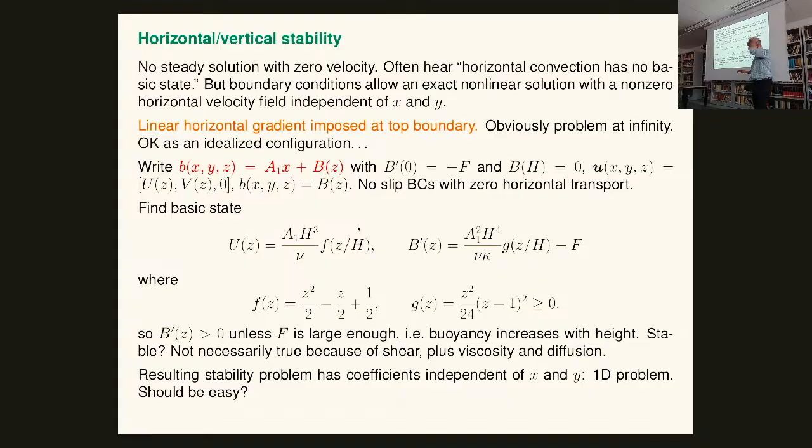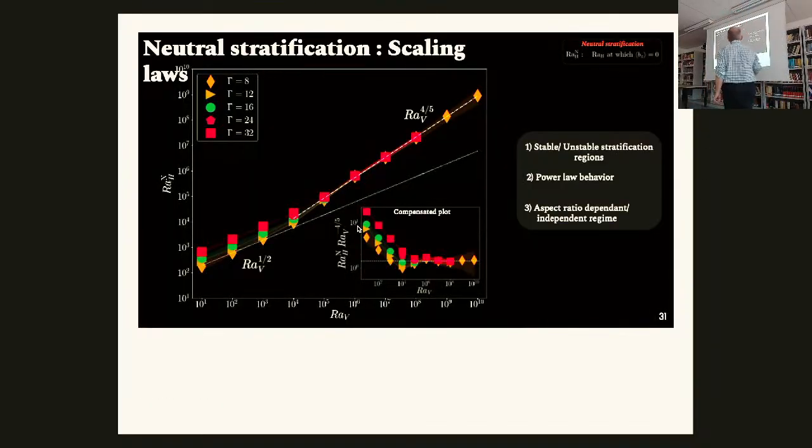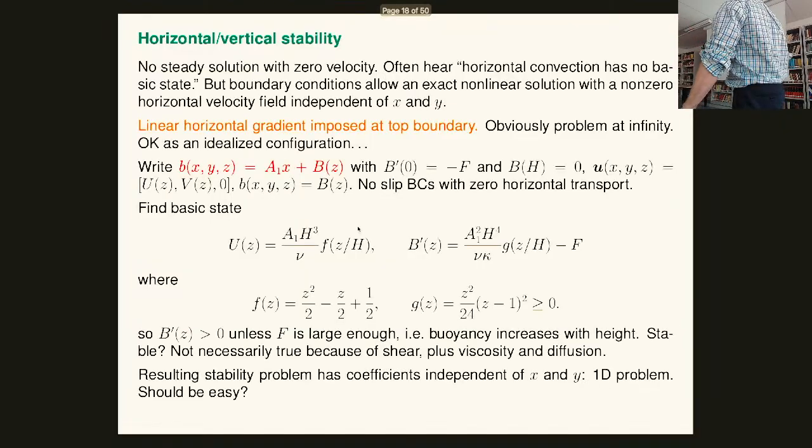And so then the question becomes, is this stable? This is the simplest possible thing. I don't want to go to Rayleigh number 10 to the 14 or whatever it was, 10 to the 12. I just want to understand linear stability. Linear stability is great. Let's see if I can do linear stability. I mean, Rayleigh and Bernard did it, and it went well for them. Well, actually, it's Rayleigh who did the mathematics anyway. And the good news about this is that all this stuff doesn't depend on x and y. So I've got Fourier transforms. I've got an ODE. It's all great, right?